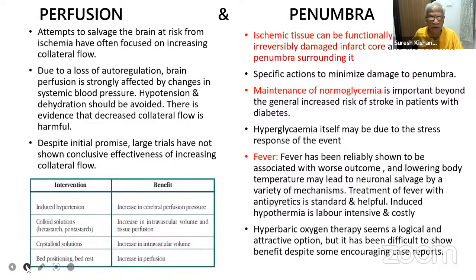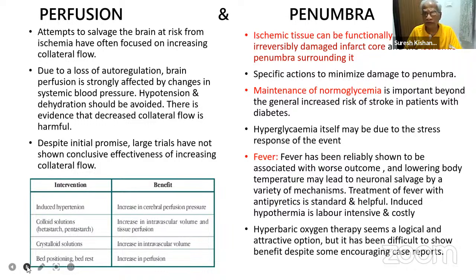Next slide. The perfusion is to salvage the brain, and the risk from ischemia often focused on increasing collateral flow. Here, due to the loss of autoregulation, brain perfusion is strongly affected by changes in the systemic blood pressure. Hypotension and dehydration should be avoided. Therefore, what we say is in perfusion and penumbra is the area surrounding the actual damage done area. Therefore, we need to